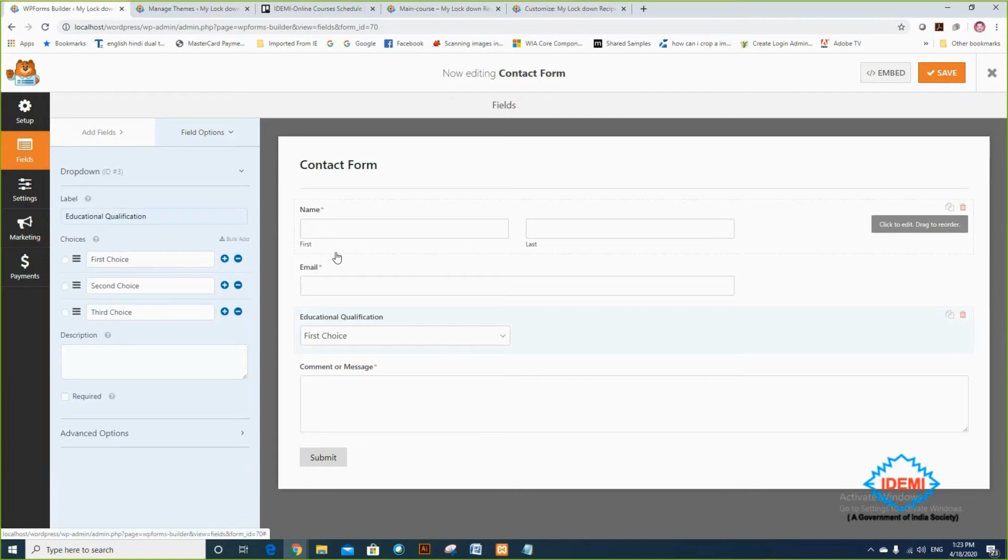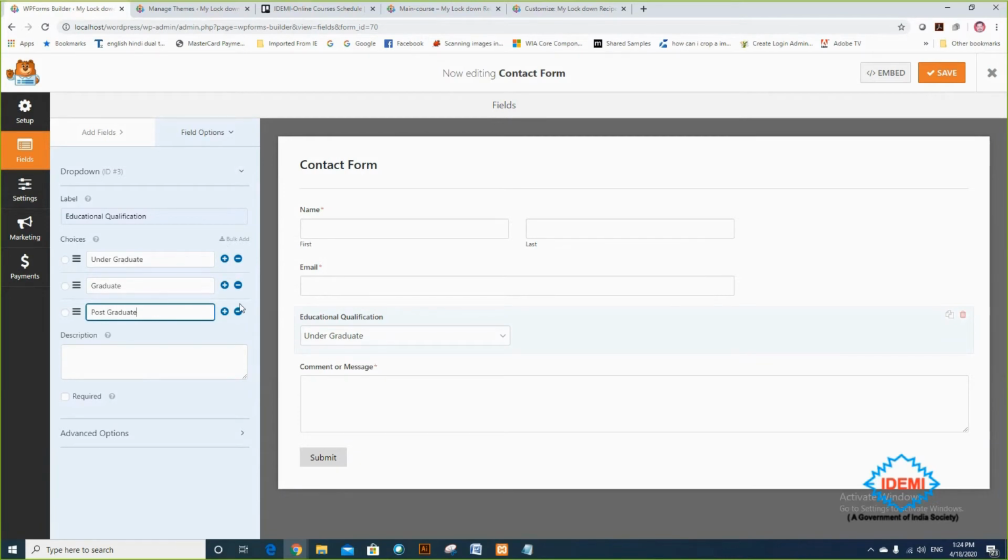So undergraduate, and the second choice is graduate, and then postgraduate. So these are the options.